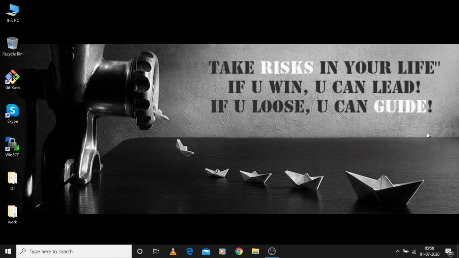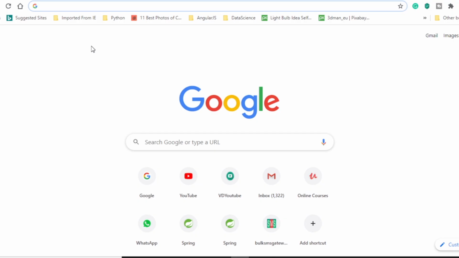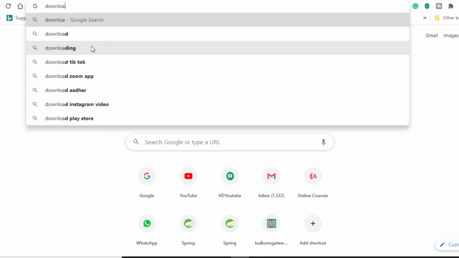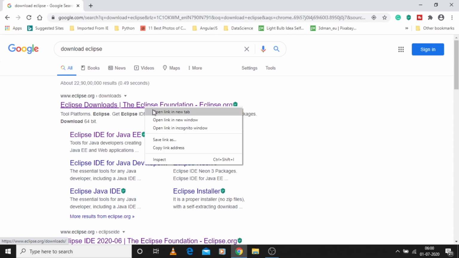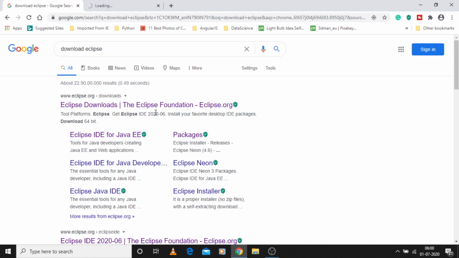Let us see how to download this one. Take any of your favorite browsers, say download Eclipse. Eclipse is an IDE developed by the Eclipse organization, mostly developed using Java, and it is most compatible with Java. Let us go to the very first website, which is eclipse.org.